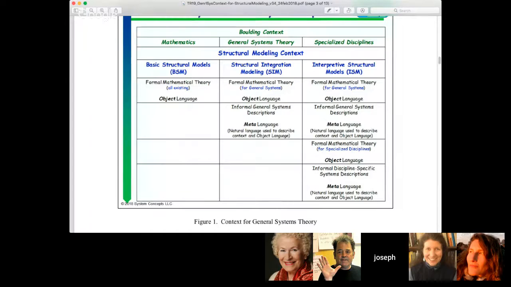So specialized disciplines. Other people talk about special or specific and specialized. We're not making hard and fast distinctions at this point between those words. So it's like you're iterating in the specialized disciplines that you have both the formal